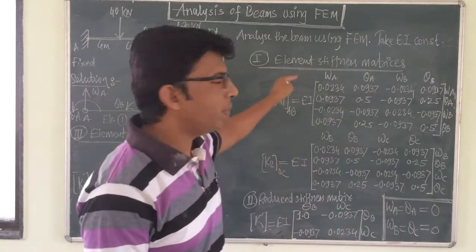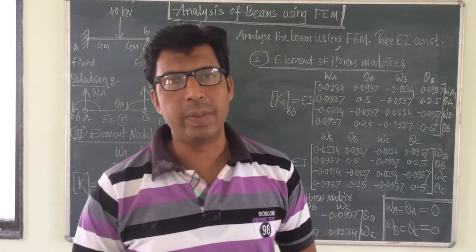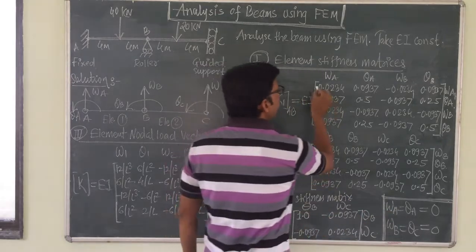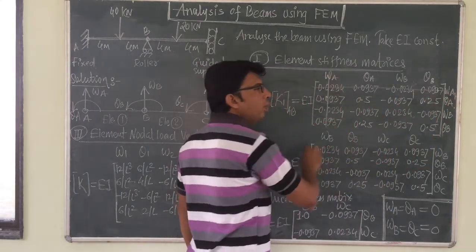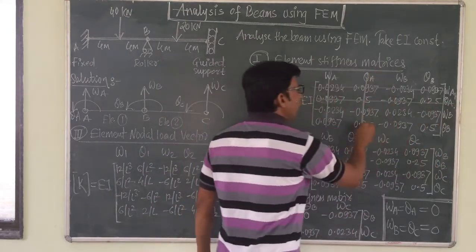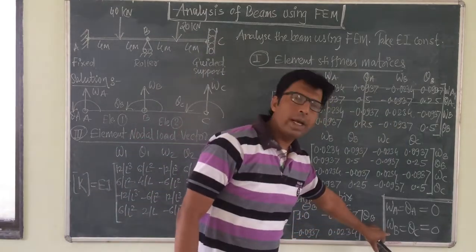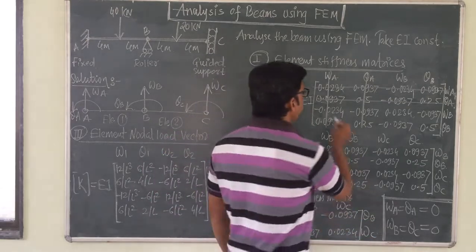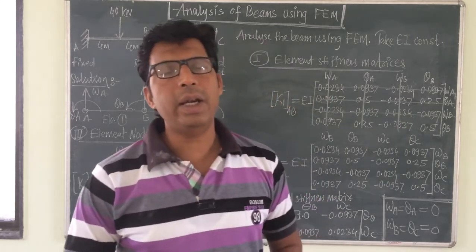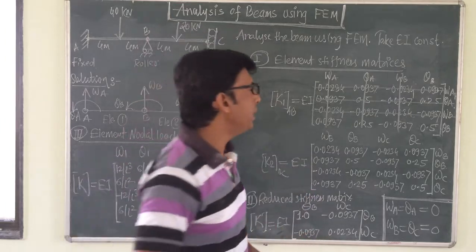So in element stiffness matrices K1 and K2, eliminate 4 rows and 4 columns corresponding to these displacements. First, WA and theta A are equal to 0, so eliminate the row and column corresponding to WA, eliminate the row and column corresponding to theta A, and eliminate the row and column corresponding to WB. So 3 rows and 3 columns will be eliminated from the first stiffness matrix because the first 3 displacements are 0. So the remaining element is only